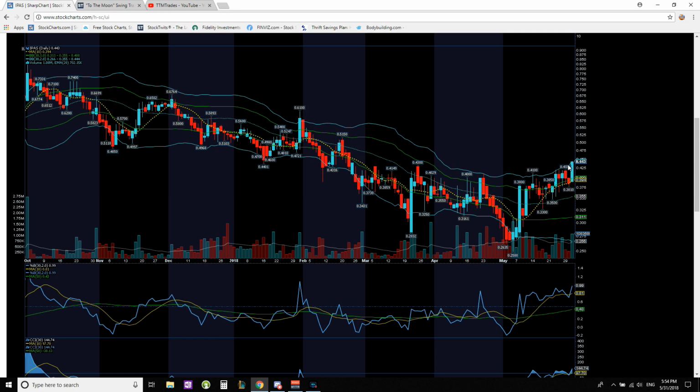Now, if you don't know my Bollinger Band strategy, what I look for is for the bulls to come in and show some strength, buying the shares and shaking out the weak hands, the bears, accumulating all the shares they're selling, so that demand is higher than supply, right? In order for me to see that, normally when you're on a downtrend like this, I look for the bulls to push the price up and test the middle Bollinger Band, and then as the price begins to pull back, I look for it to hold above that 1 standard deviation Bollinger Band